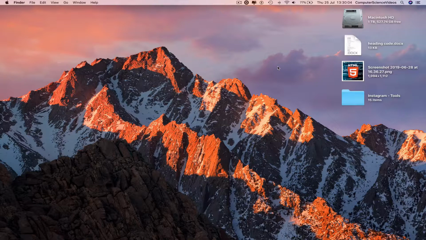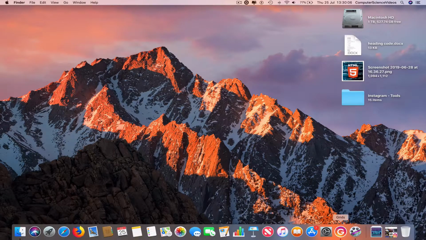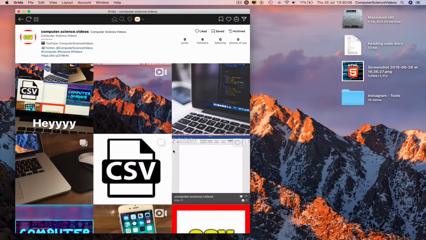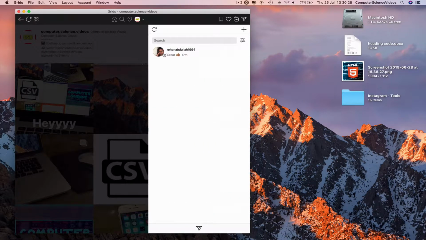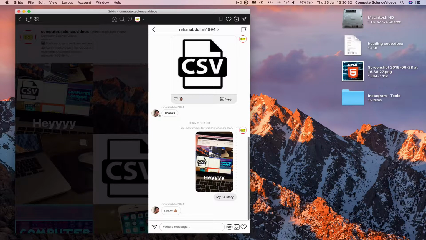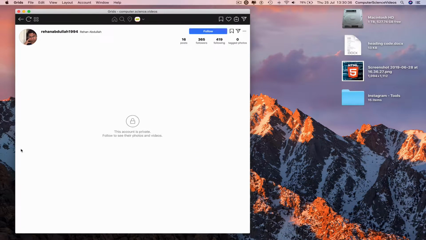So the first thing we need to do is go all the way down to the dot, click on the application itself called GRIDS, and then go to the account you wish to block. For this tutorial, I will be using my other account, and so then I can now go to the DMs, go to my other account, click on this account, and this account itself is actually private, so I cannot see